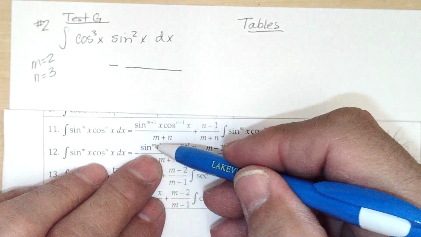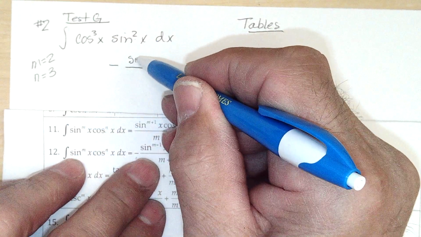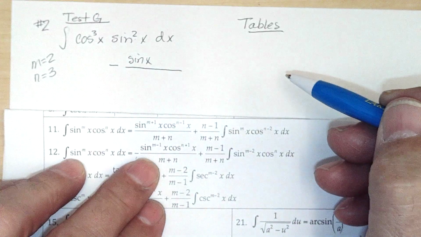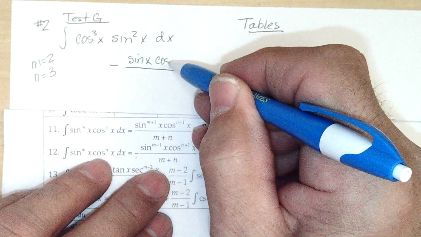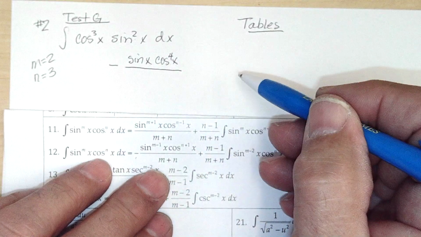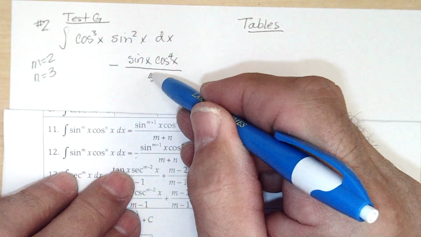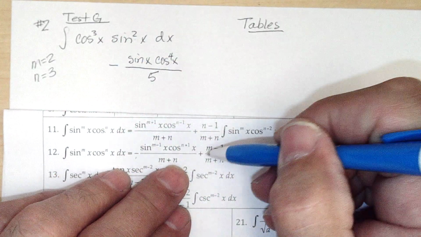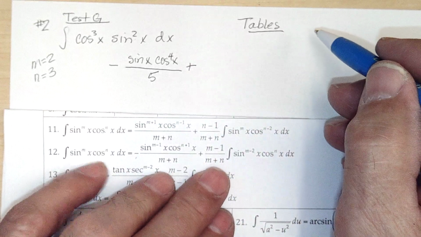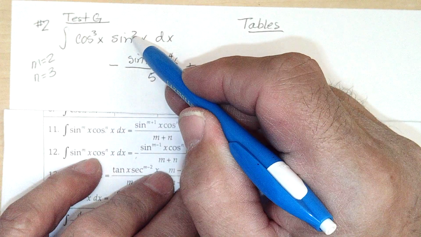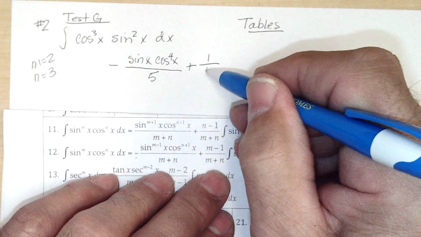division, and 1 less than the sine, which is at 2, so it goes to sine to the 1. And cosine goes up a power, so it goes cosine fourth over m plus n, so that's 3 plus 2 is 5, plus m minus 1, that's sine, so it's 2 minus 1 is 1, over the m plus n, so that's 5,